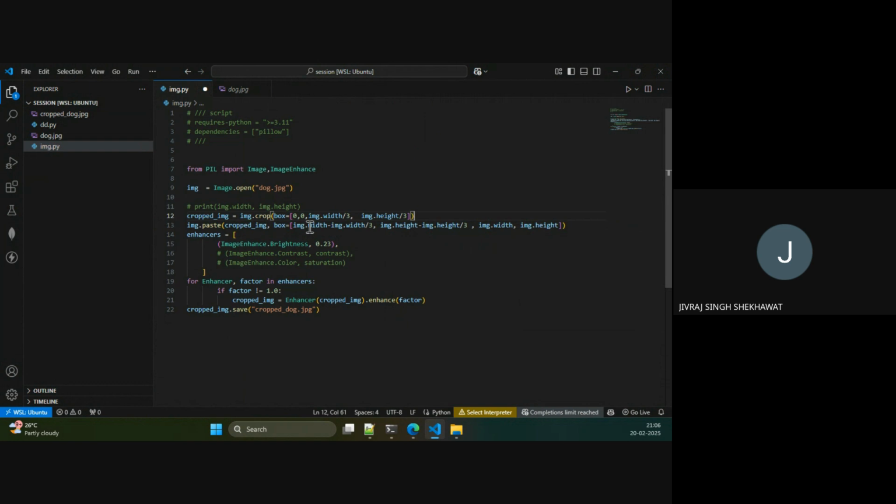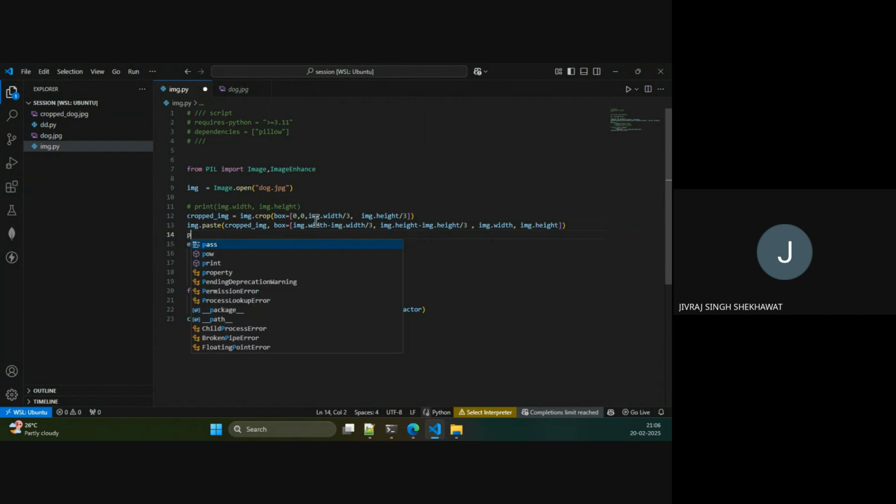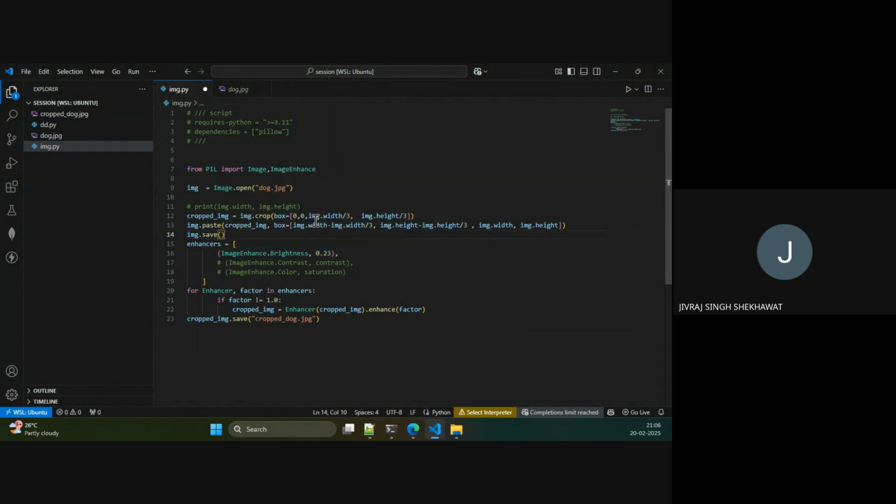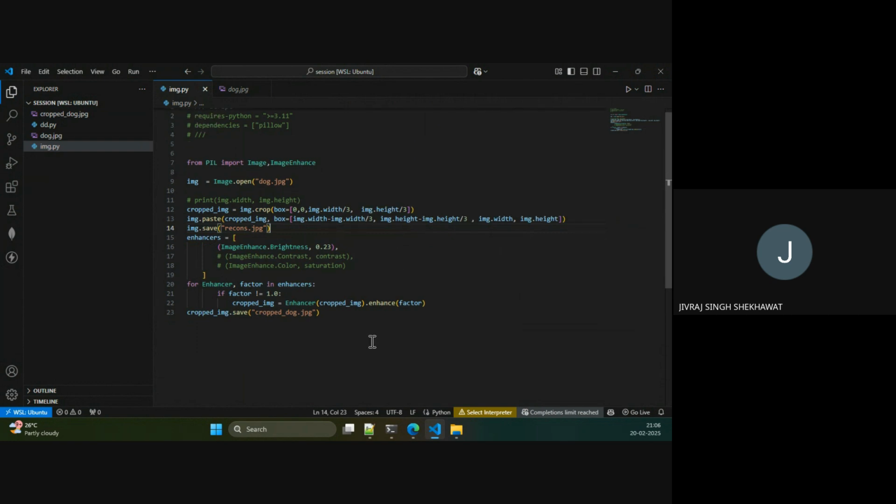And is there something else? No, we don't have to store it somewhere because it has pasted to the existing image, and now we'll save that image. So img dot save, and what should we name it? Reconstructed maybe dot jpg. Okay, we can remove these filters. Yeah, we can, or else let's keep these filters. Maybe just move them a bit up. After applying the filter,